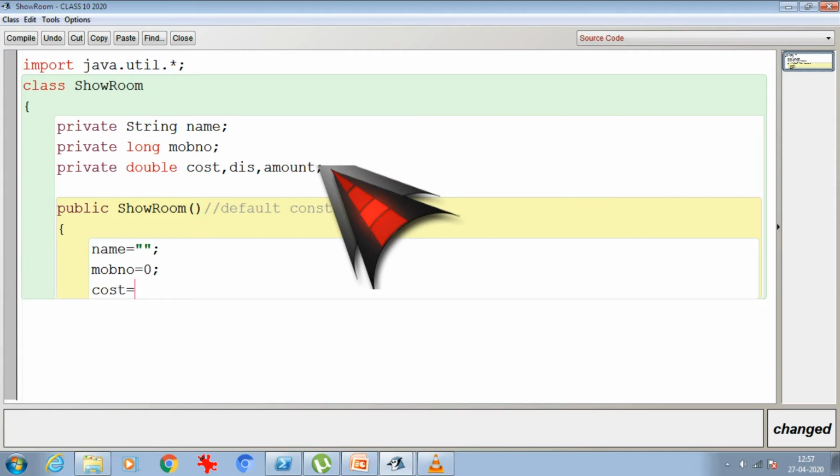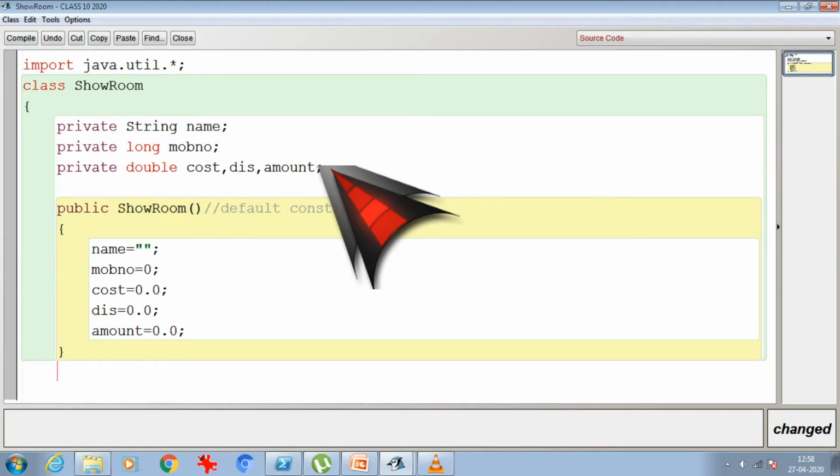Any cost or double-based value, even cost, dis, amount, all of them will be declared as 0.0. These are the prime values that I am assuming before calculating anything.